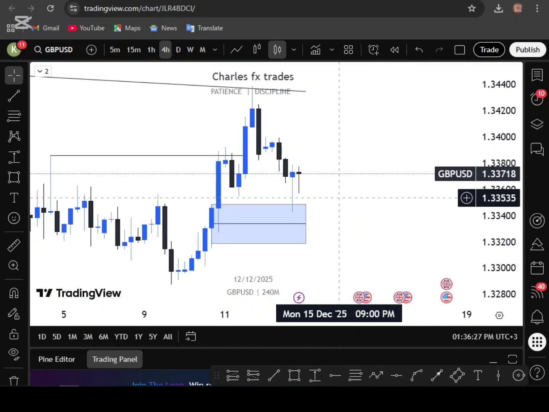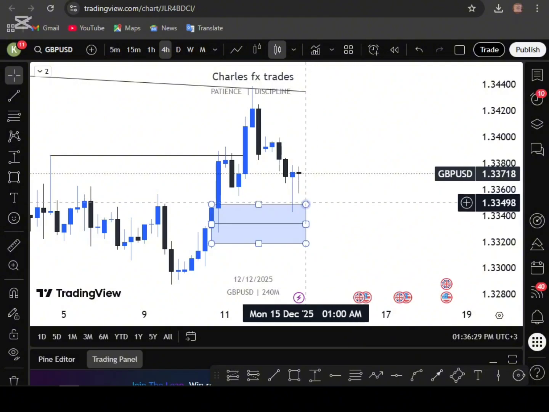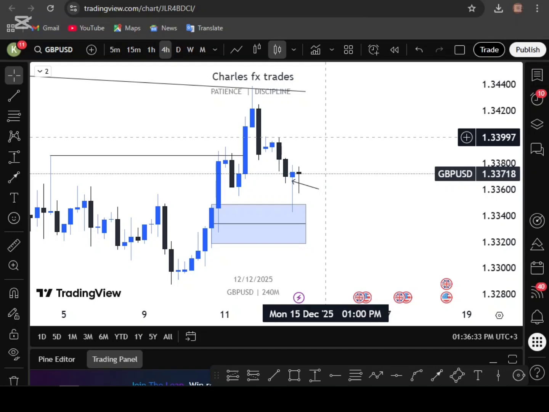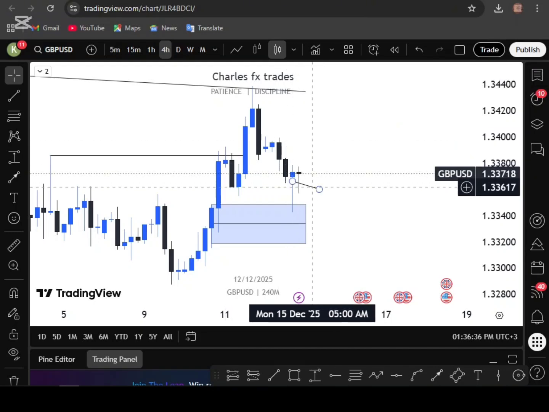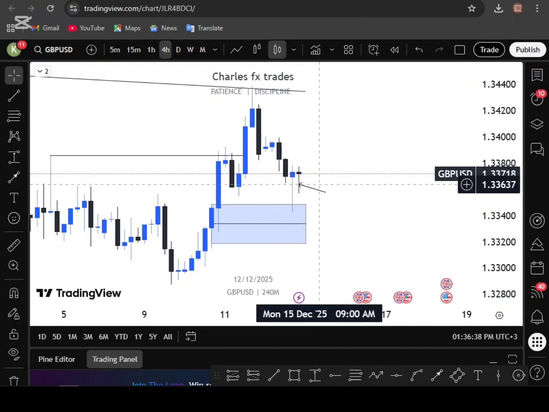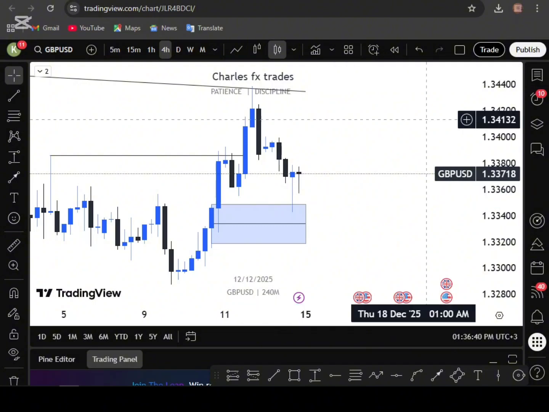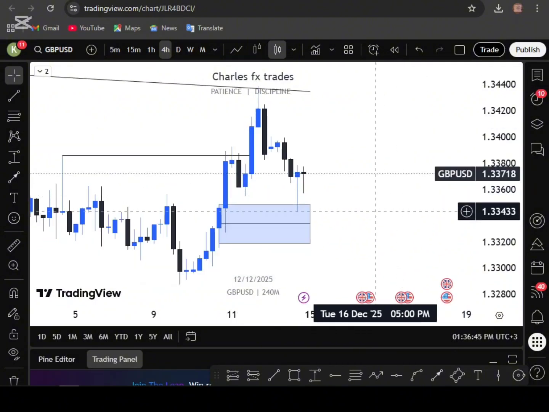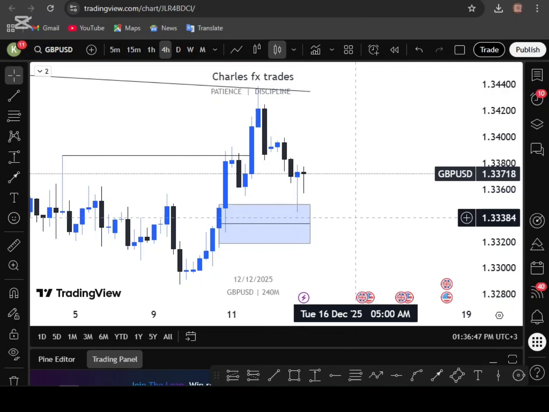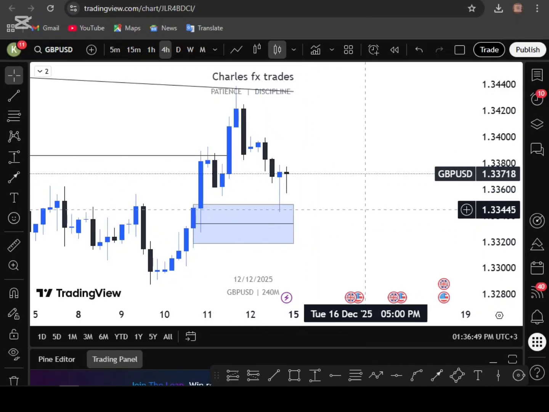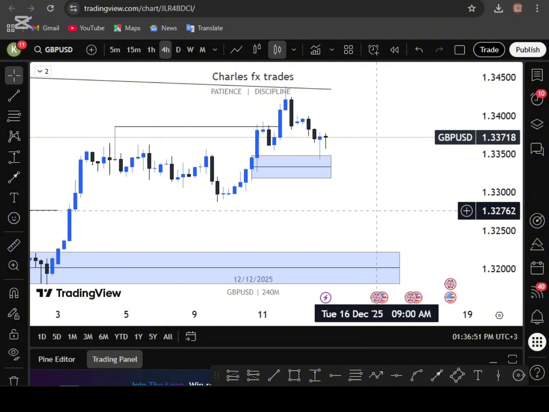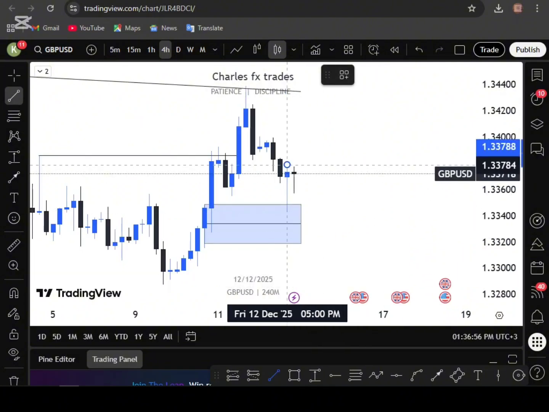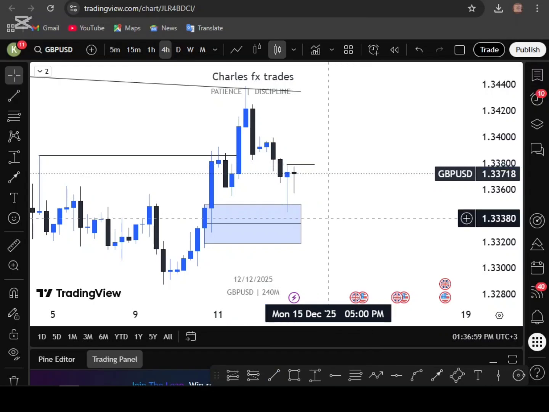So what are we expecting after the market reacting off the order block? We can see that the market left us with rejections. This is the first rejection, and then this is the last rejection. As the week was closing, it means we are supposed to look for more buys. That is, if these rejections are valid. So how shall we know that the market is continuing to the upside? When the market closes up here,